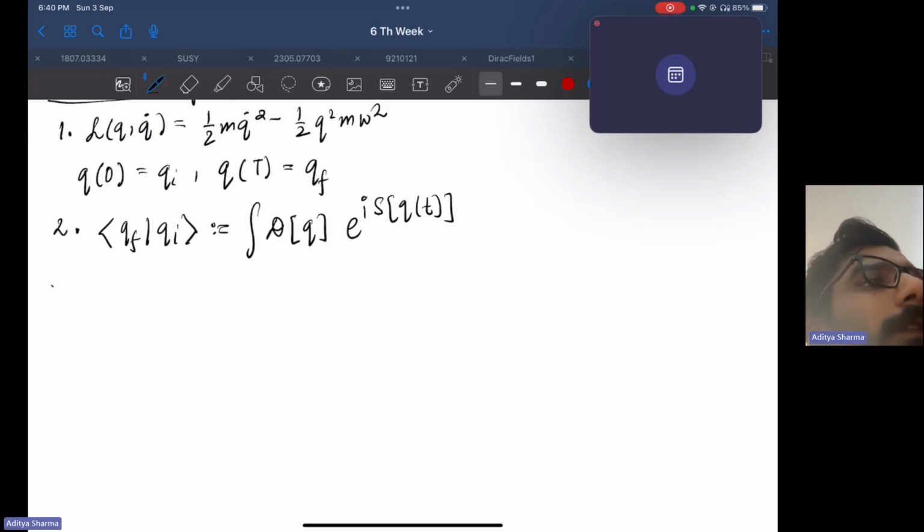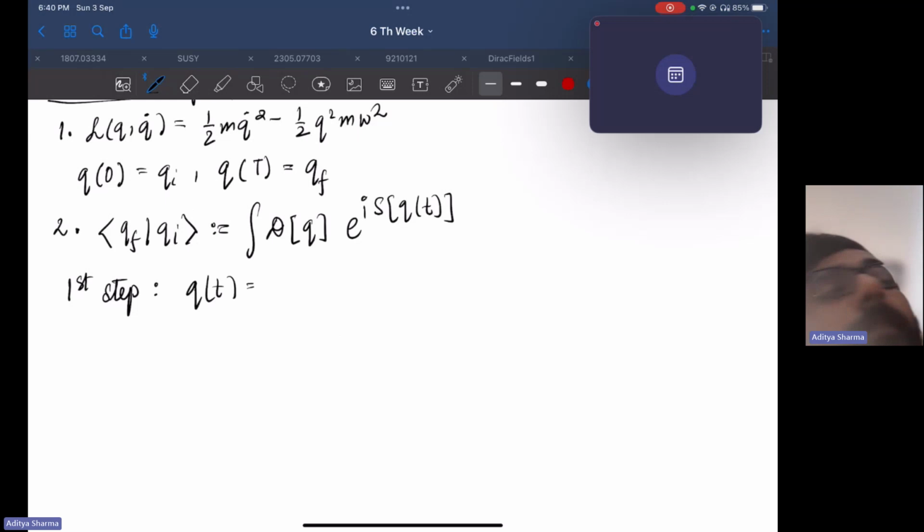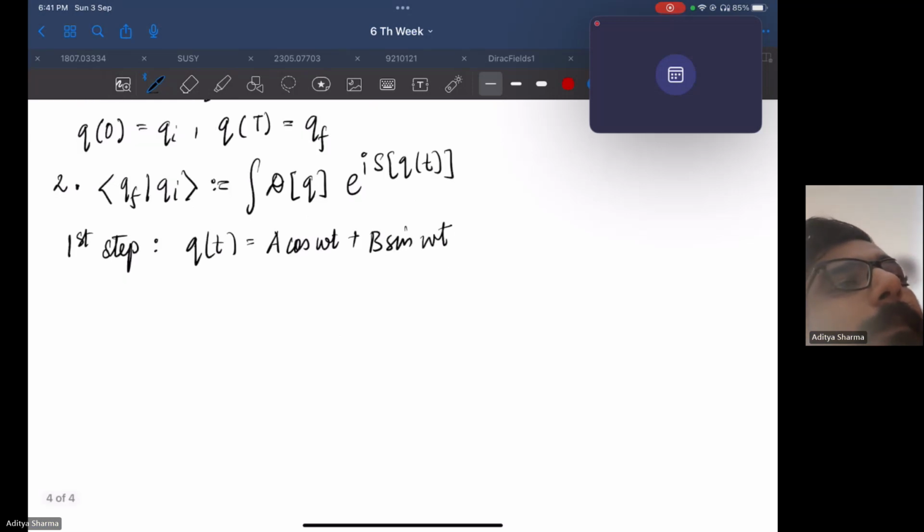That is the first step. It is to know q of t, which is nothing but a cos omega t plus b sin omega t. Put the constants here, where a is equal to qi,